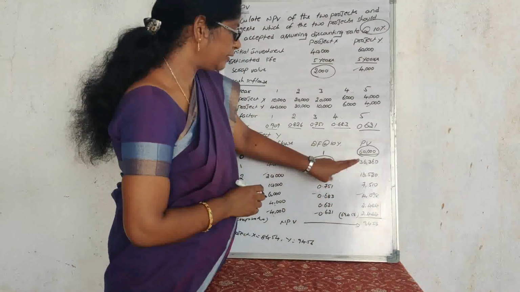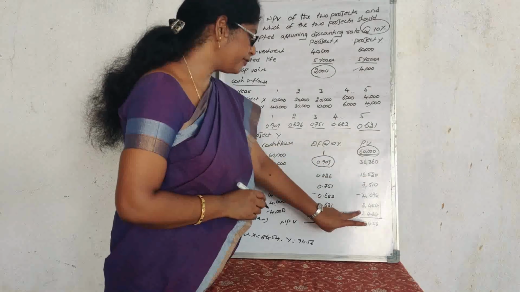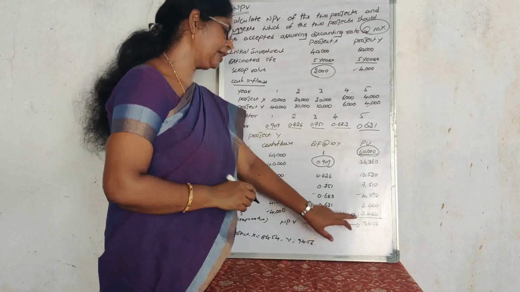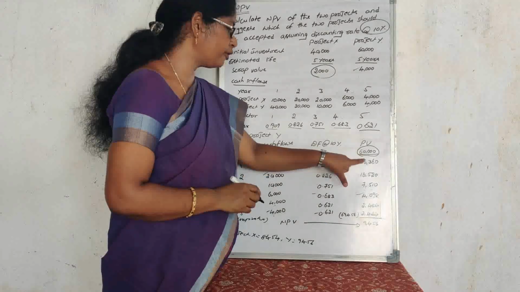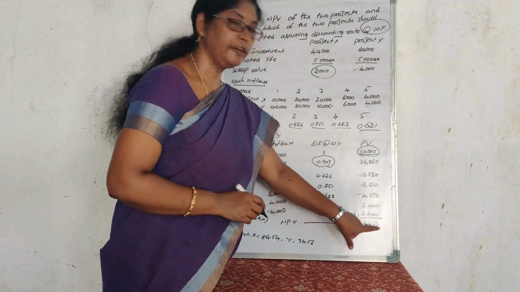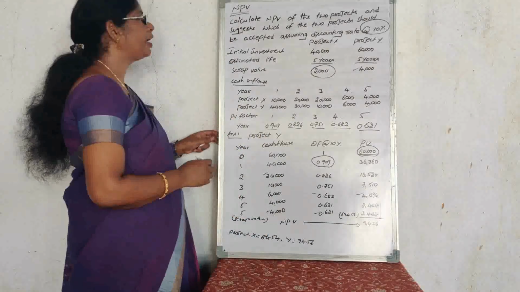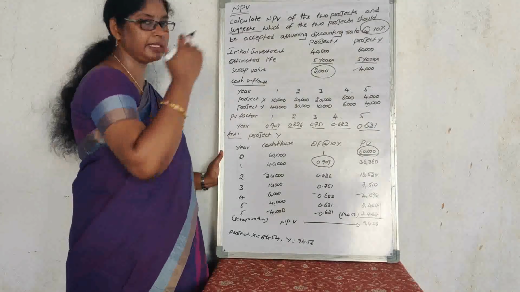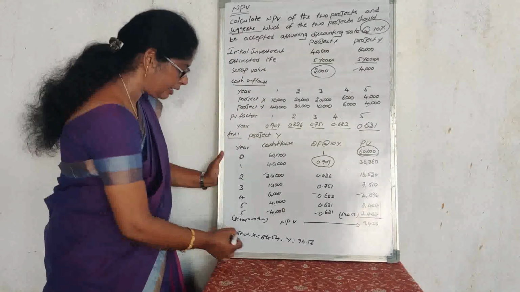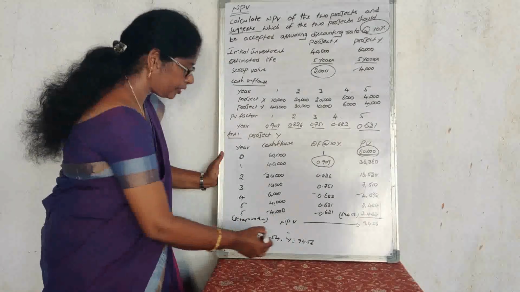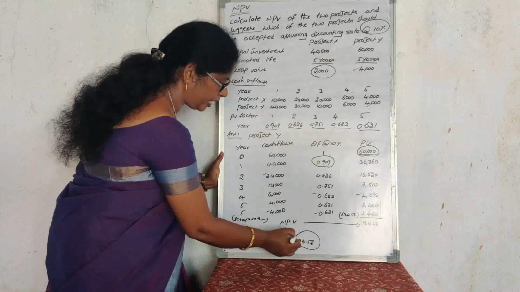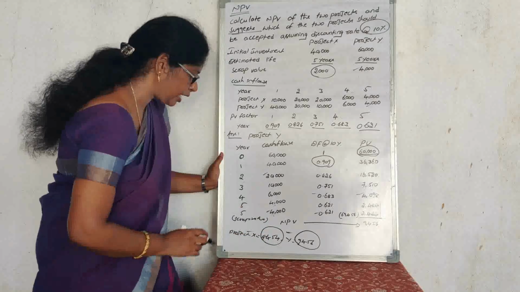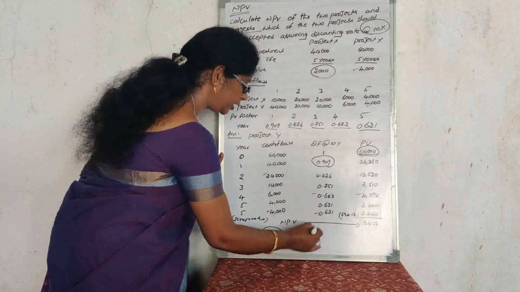The value will be 2,484. So when we add the total values from first to fifth year, the total value will be 69,456. When I subtract the cash outflows from cash inflows, the value will be 8,456. But here they are asking which project you are going to suggest. Based on the excess of the net present value, you are going to suggest. When I compare project X to project Y, project X generates 9,456 as a net present value. Project Y generates 8,454. Which is the best? We can go with project Y.